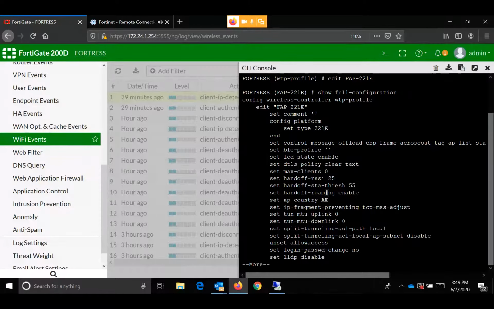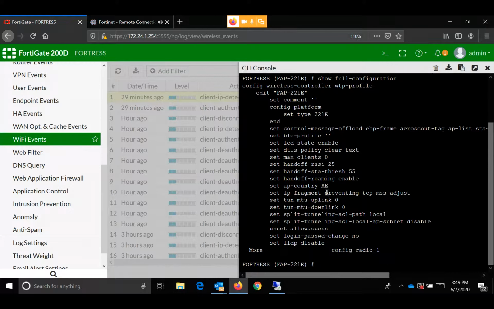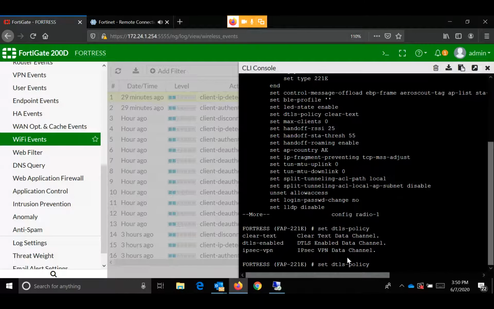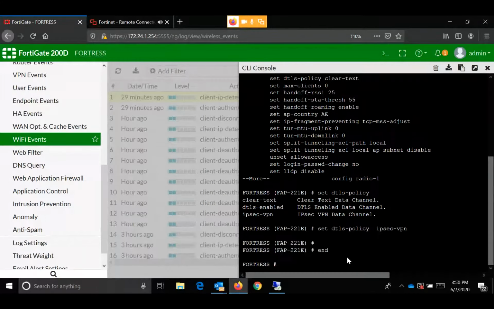Now you just need to simply change this to, we'll see the options, we'll say IPsec VPN. Okay, that's it, done. Now whatever communication is initiated from that particular remote user to the corporate, everything will